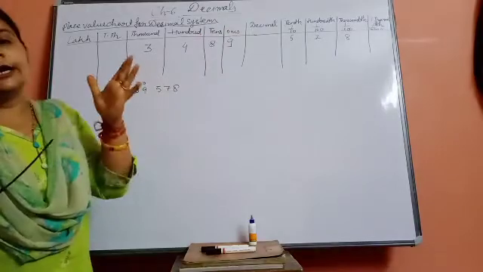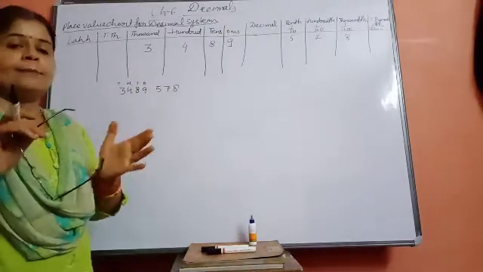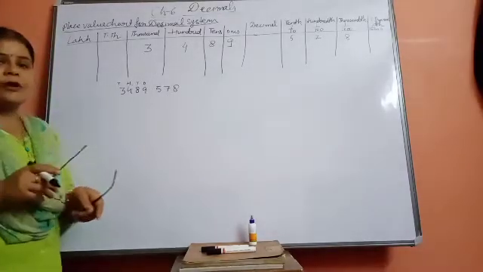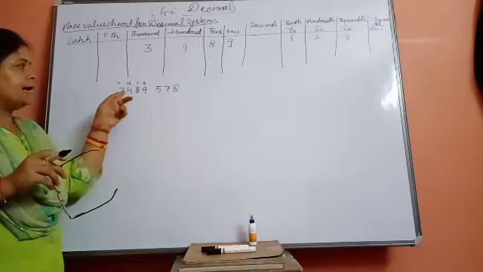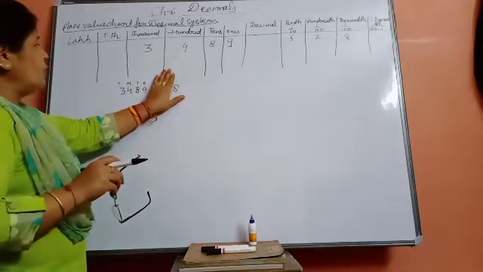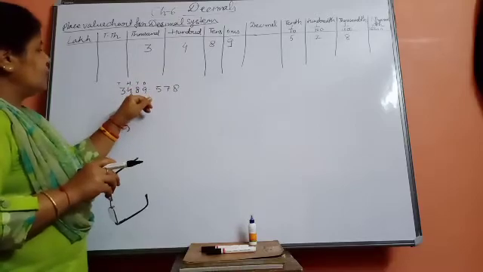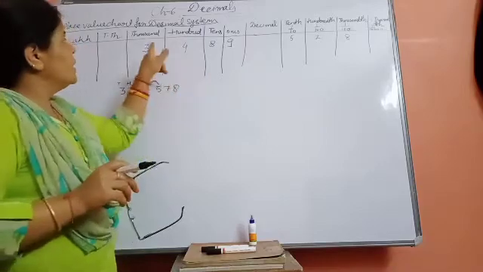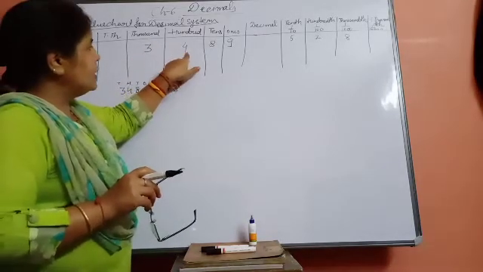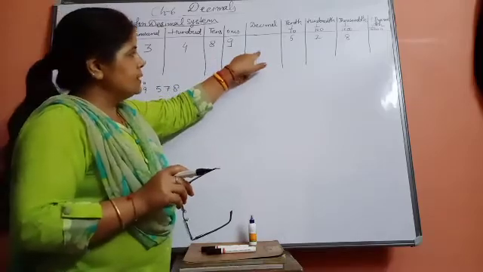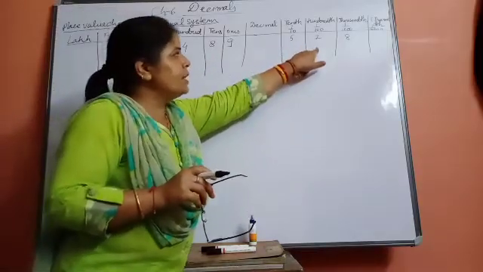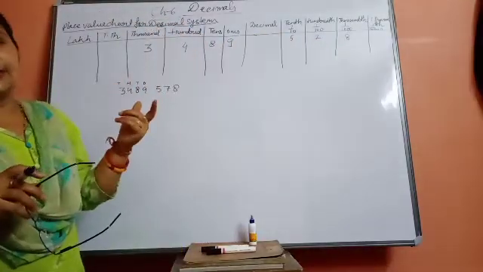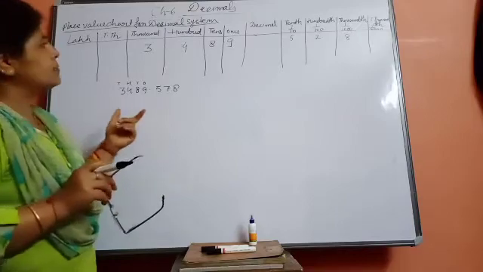In this way we can read this, because earlier in chapter number 1 you learned that while putting numbers in a place value chart, we read the numbers like that. Suppose this part is not here, how will we read this one? 3,489. In words we can write that. Here, how can we write this number in words? 3,489 decimal 5 tenth 7 hundredth 8 thousandth. So in this way we can write this in the place value system of decimal numbers.